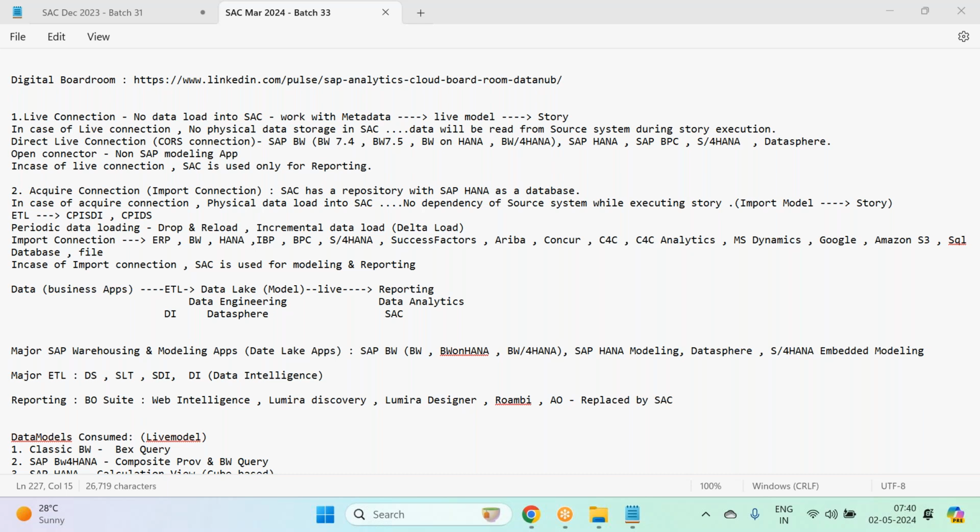It can be SAP applications like ECC, CRM, SRM, Ariba, SuccessFactors, Concur, Fieldglass, C4C. All of SAP's business applications can be connected via import connection, any SAP business application like Business ByDesign or Business One. You can also connect some non-SAP applications like Google BigQuery, Microsoft OneDrive, NetSuite, Salesforce. You also have the concept of SQL databases, using which we can connect with